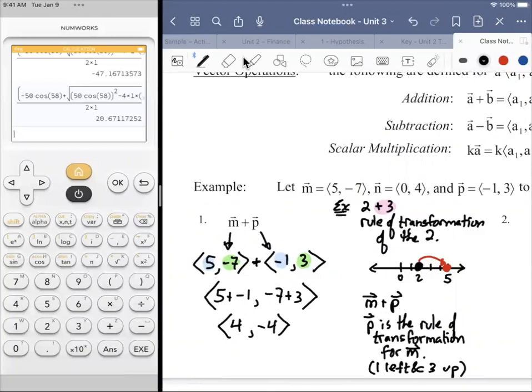Right. So for example, just tuck it in over here. If I have vector m, this is the same as 0 plus m. Okay, 0 in a 2-dimensional system is the vector 0, 0. Right. So in 2D,